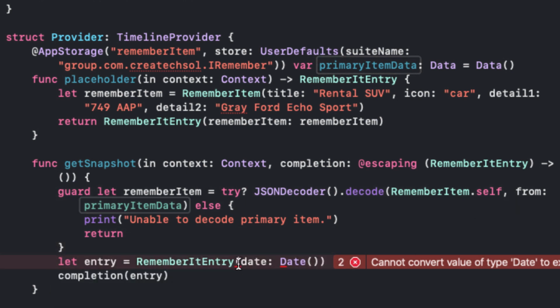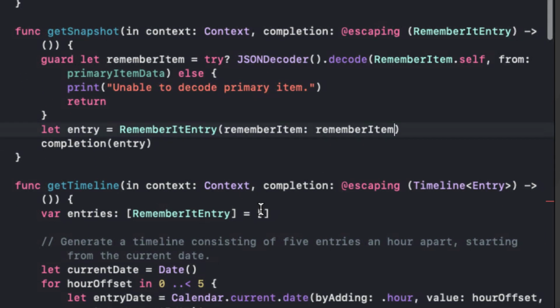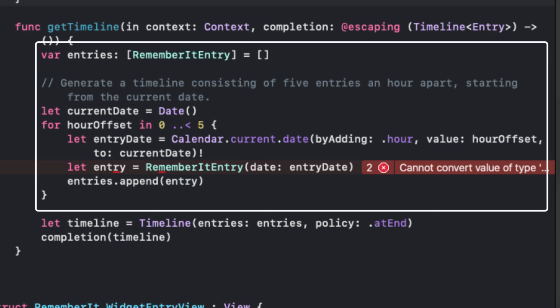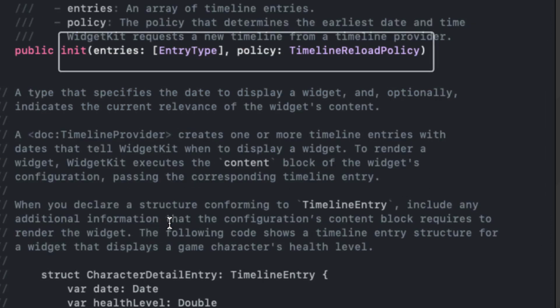If successful, we can remove the date parameter argument and add in our Remember item. The getTimeline method is used to update your widget on a schedule. And if you're going to be polling, so to speak, to retrieve updates on a schedule, you'd create a new date after the last polling time and assign that to the date property of the entry like we were doing here. Before I update this code though, let me open the definition for timeline and see that the initializer requires